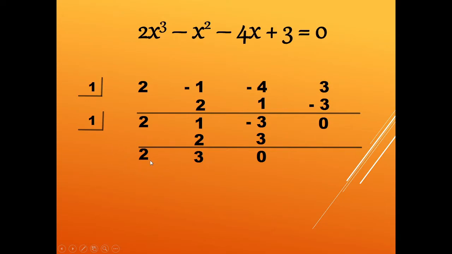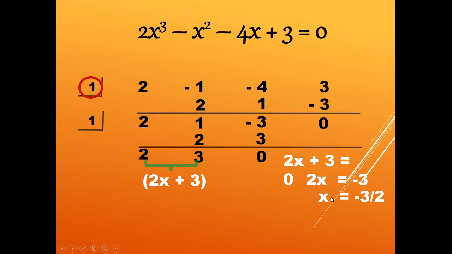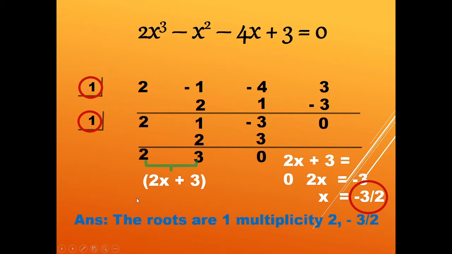So, gagawin na natin itong in the x minus c form. Dahil siya ang nasa first term, that means to say ito ay nasa x form. Kaya we have 2x plus 3. Equate natin: if 2x plus 3 equals 0, nababa siya. 2x equal to negative 3. X is equal to negative 3 over 2. Ayan, ito na ang isang root. So, these are the roots of the polynomial equation